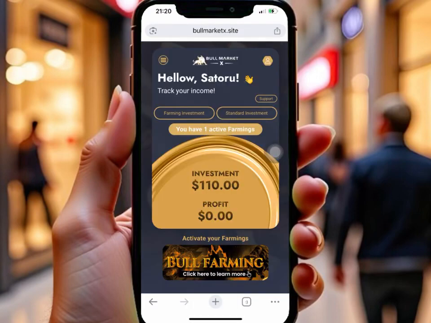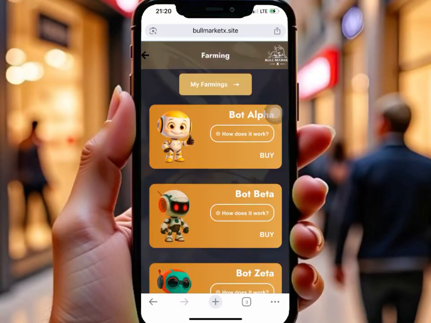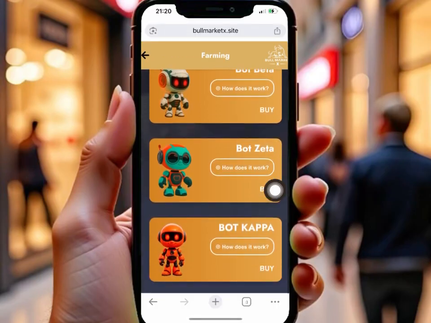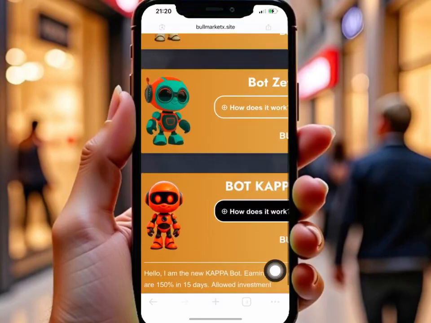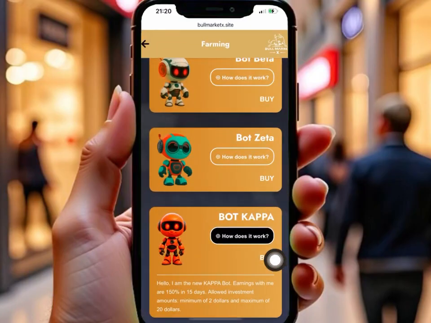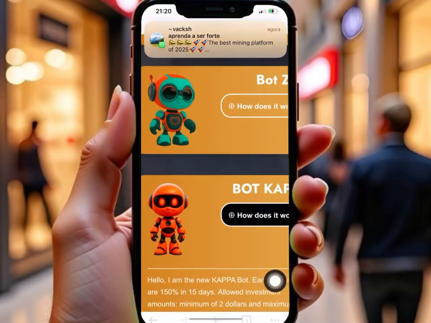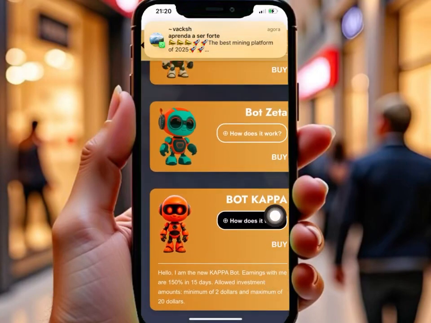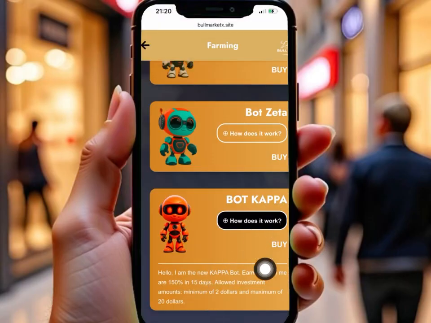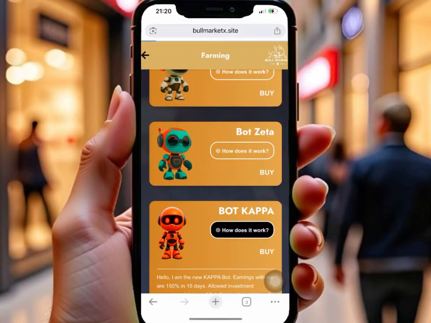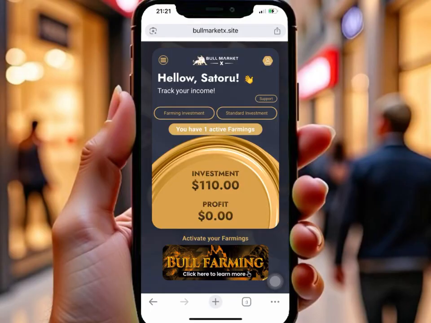So let me go back. We will pay attention to Kappa again, because Kappa is the one that I joined with just $10 and got $15. Look at this, just come in and read. Earnings with 150%. You can check how many days and hours, from just $10. And to earn more,